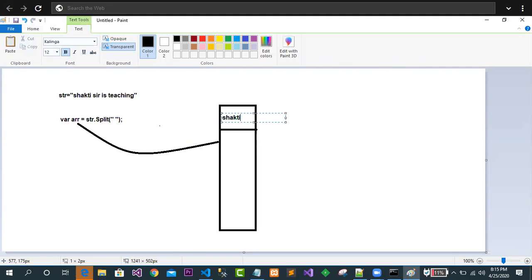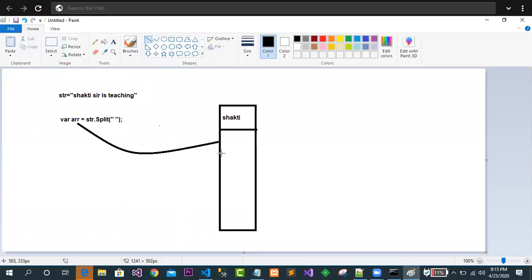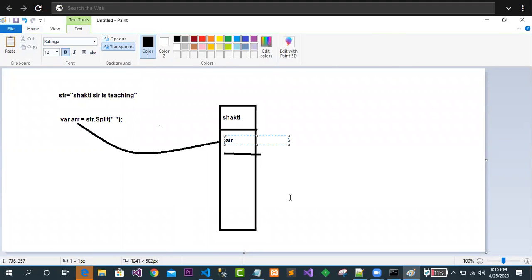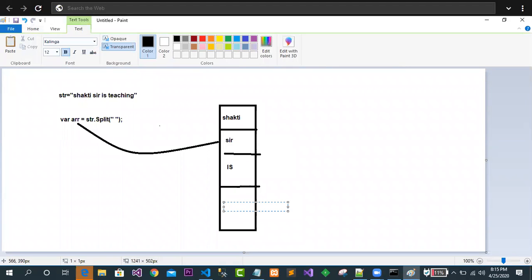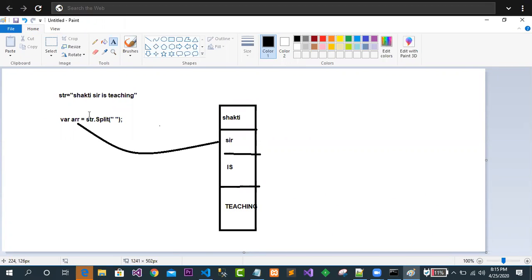Just observe here, Shakti. The second value I am getting is sir. This is a very simple concept. And the third value I got is is. And the last value is teaching. Clear up to this? So this is exactly how we go through it, and what we are getting in this arr. Okay, so now we are printing arr.